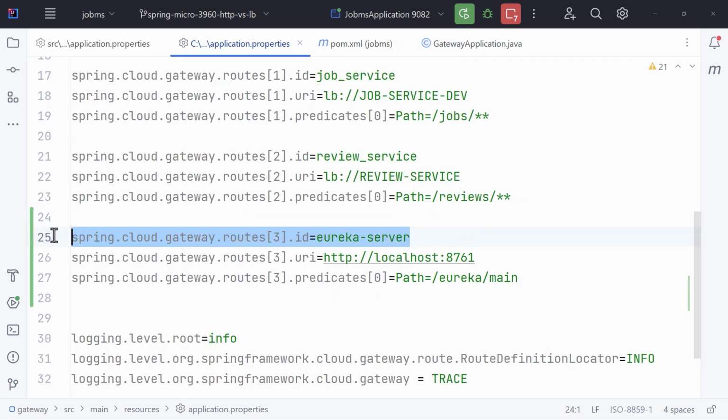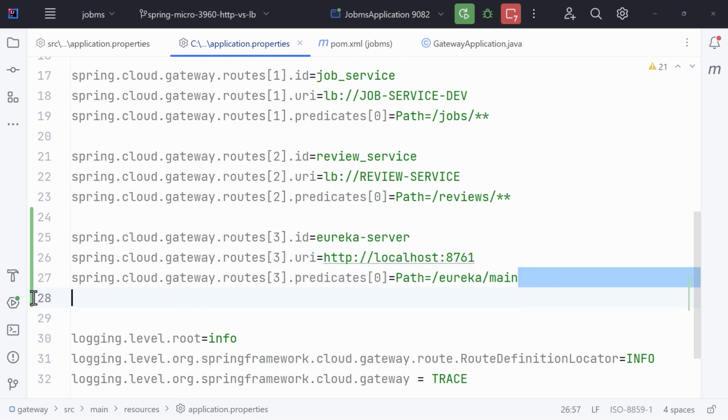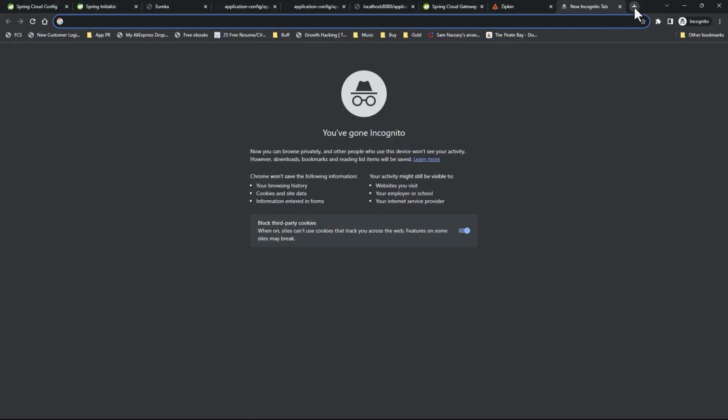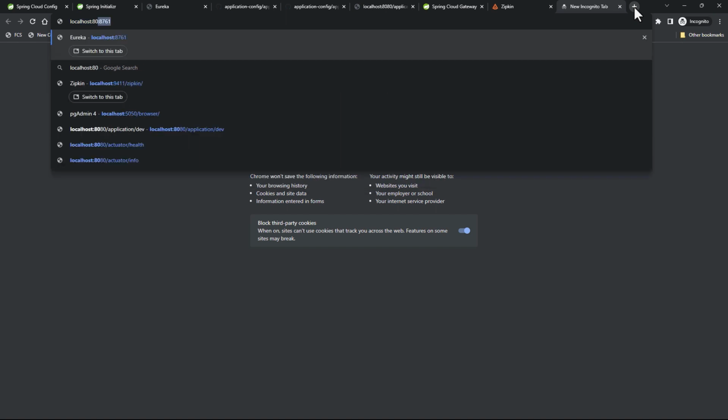So what have we added? We have added the Eureka server here. We have pointed it to this URL, which is the URL where our actual server is running. And then we have specified the path where we want to access it. So if I copy this path, and head over to the browser, and say localhost 8084,